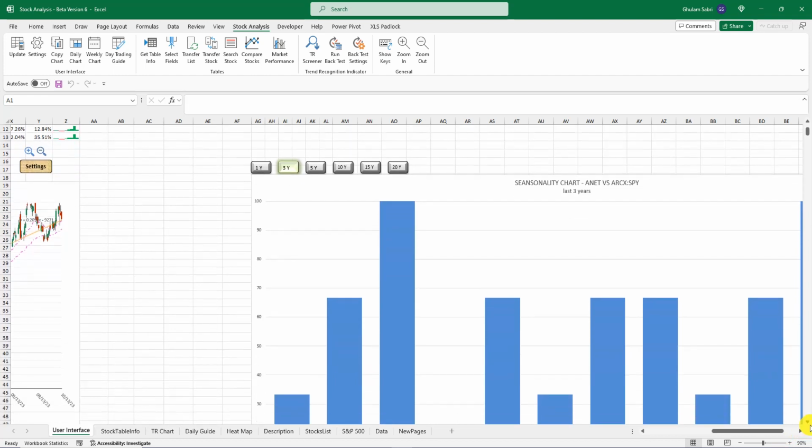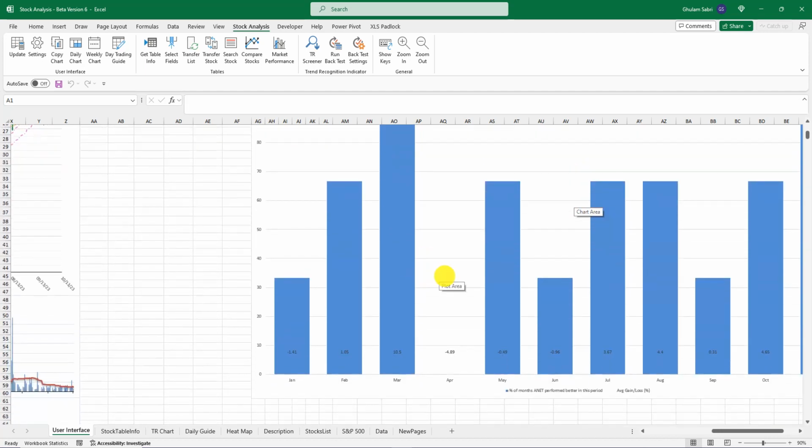If you scroll right, you will see the seasonality chart of ANET versus the main index, which is SPY, and we can select any chart. So we can plot ANET versus Apple. We can plot ANET versus Nasdaq price action, or overall S&P 500. And for the last 3 years, for example, this time frame is selected here. This chart shows that